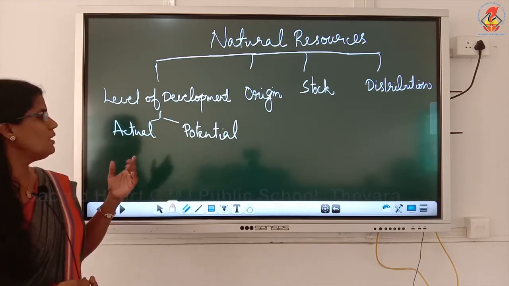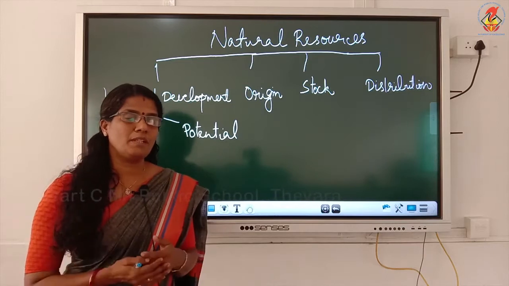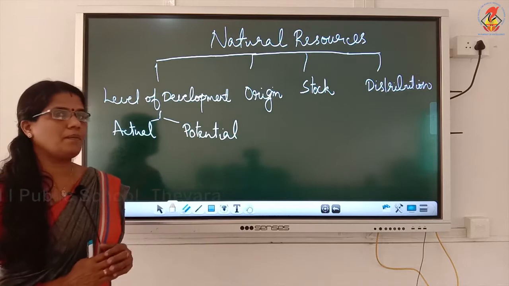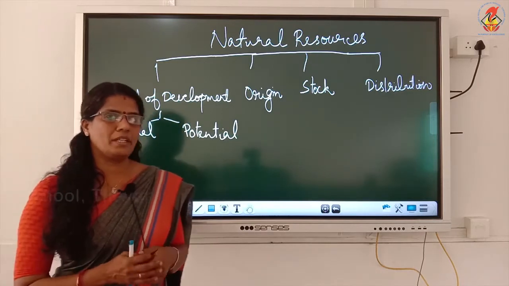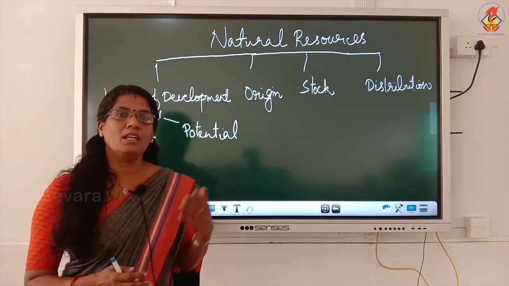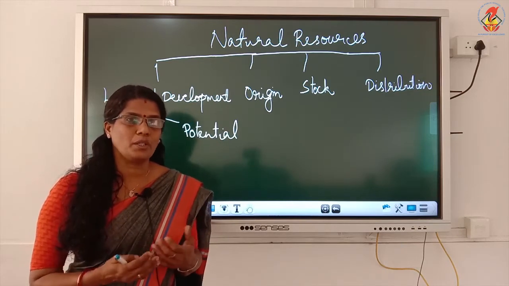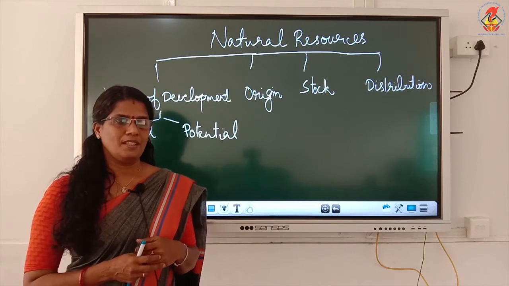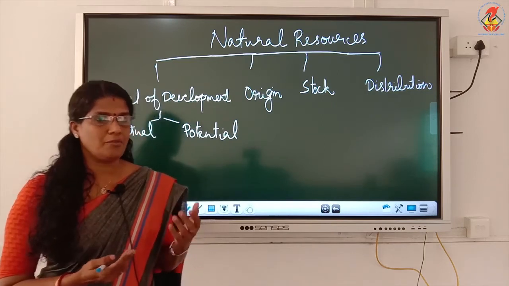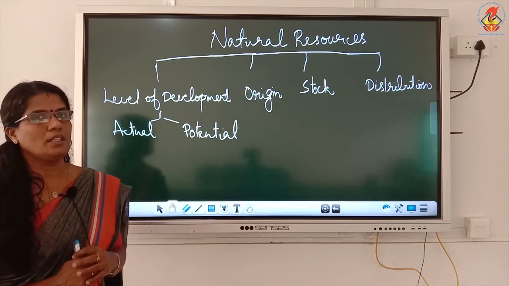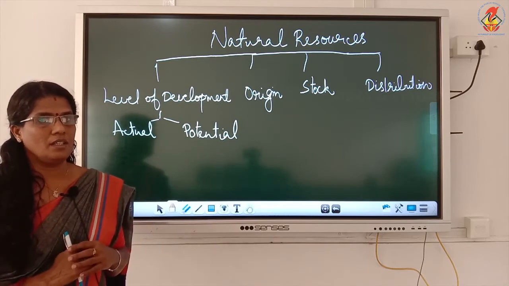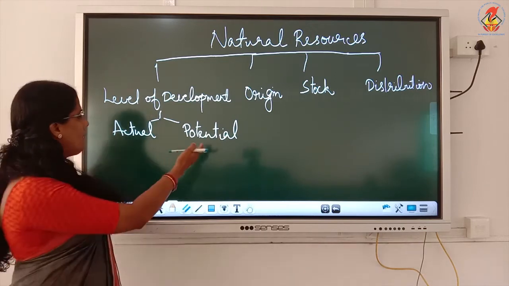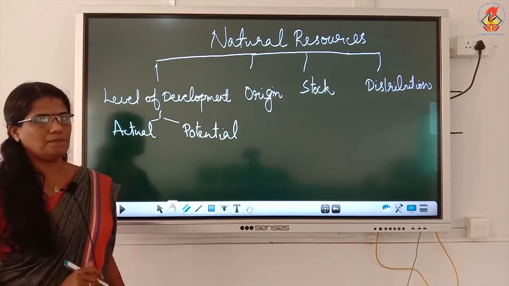For example, windmills. You can see windmills while going to the Tamil Nadu region. So windmills are developed. I think only around 200 years back it started developing. Earlier the high speed winds were not utilized properly. We didn't know how to generate electricity out of that, so energy was not developed earlier from wind. Now you can see the windmills in the region of Tamil Nadu. So this potential can be converted into actual.